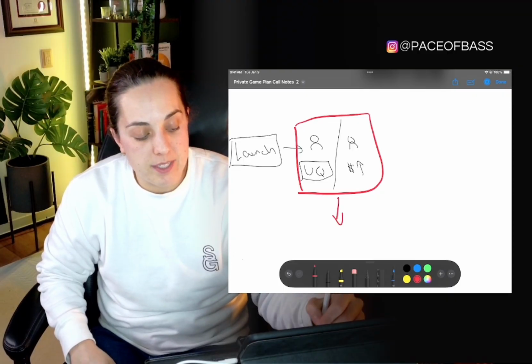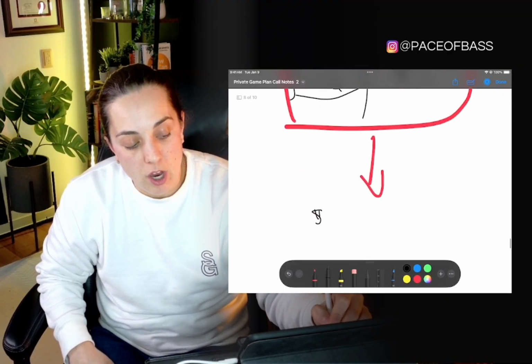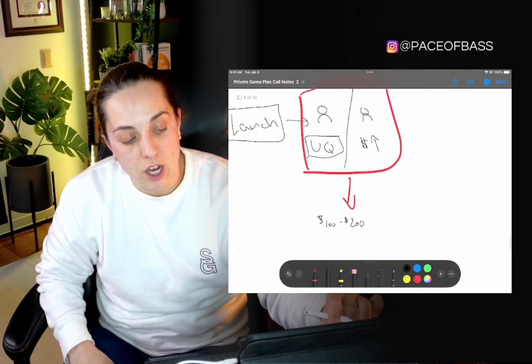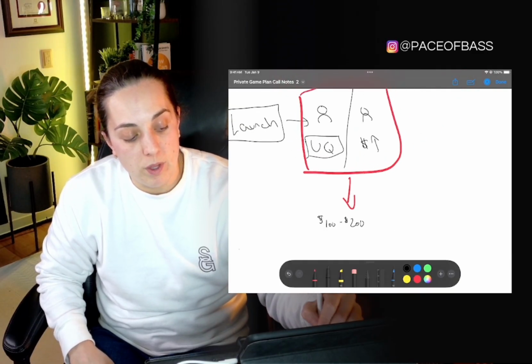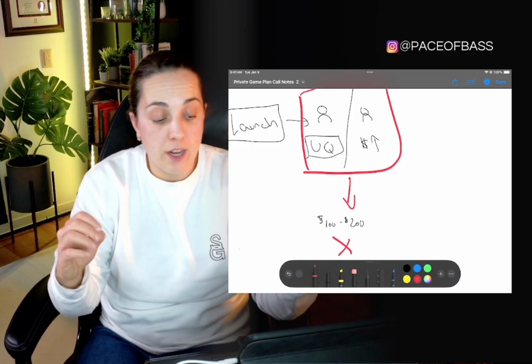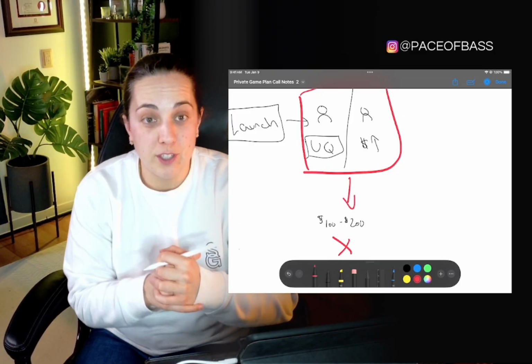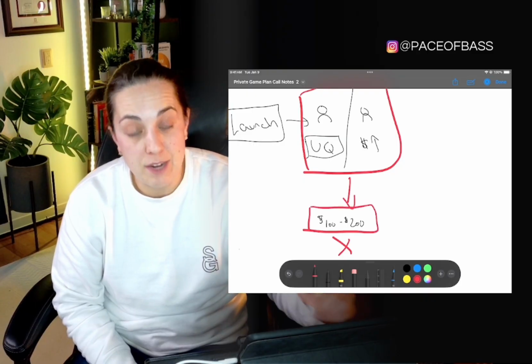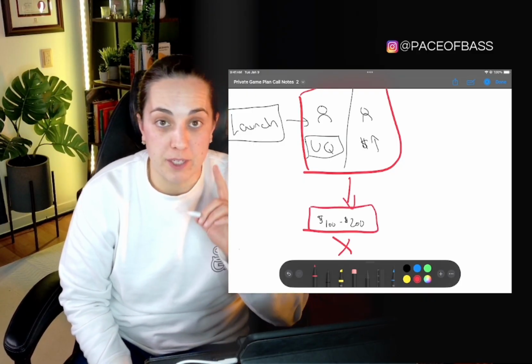And so what happens is maybe they spend $100 to $200 and they get a couple of these things come through, and what they end up doing is they shut the campaign off. And I get it. I understand when you're spending money, you don't want to feel like you're lighting it on fire. But most importantly, when you do this, in fact, you are lighting your money on fire